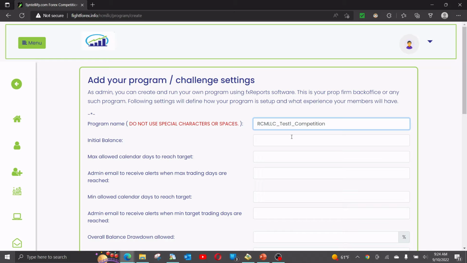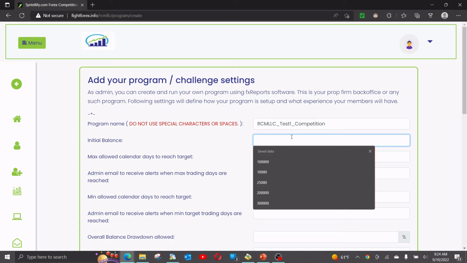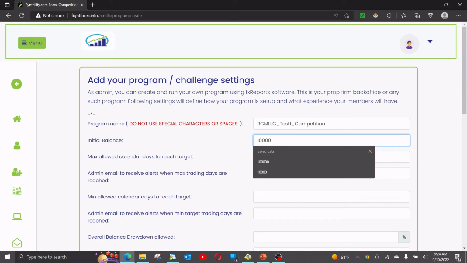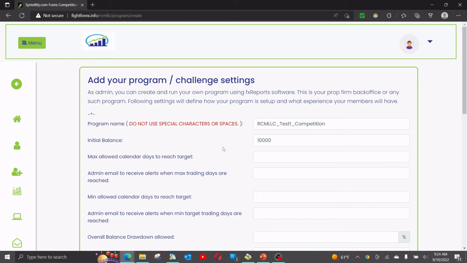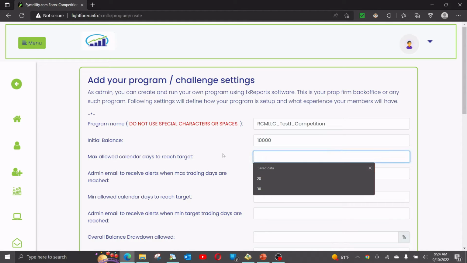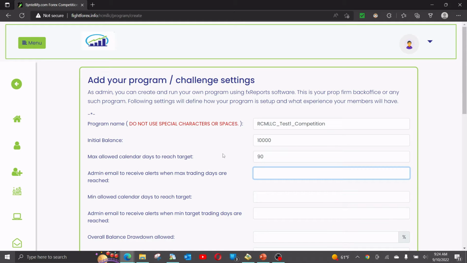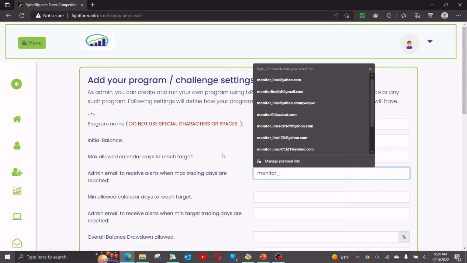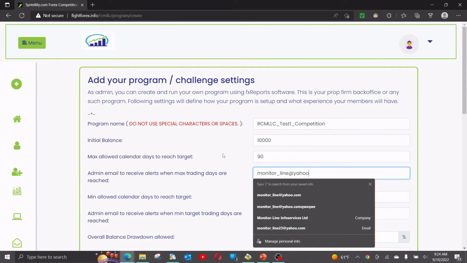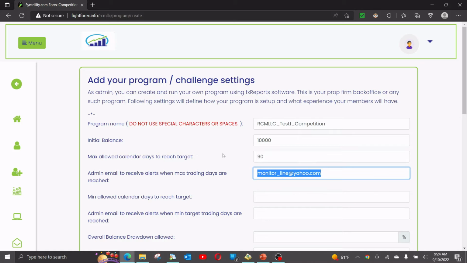We'll say the initial balance is 10,000 and max allowed calendar days, let's say 90. The admin email, let's say monitorline@yahoo.com. We will copy this so we can allow, so let's say minimum days 5, admin email,